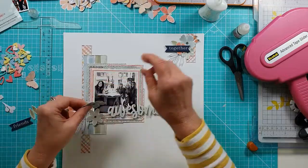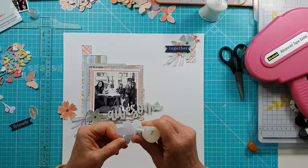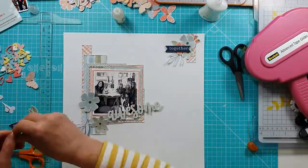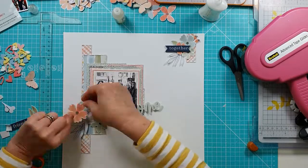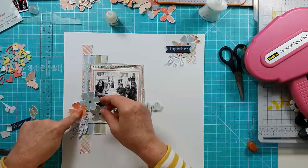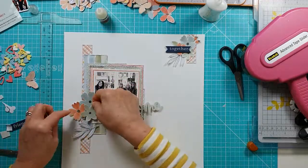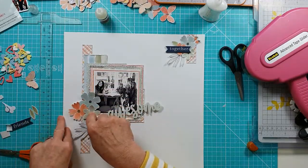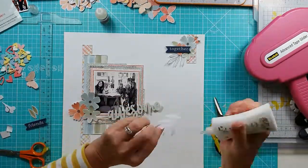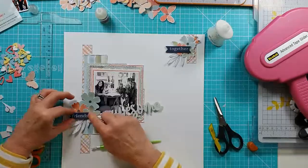Right, arranging the floral cluster, and again getting that one stuck down. And that photo, I love it. It's only a recent photo actually, and it was a night out in London. Actually got to go out and it was with my team, and it was the first time we'd all been out together since before March last year. So it was a really, really lovely evening, just spending time catching up with all of them. We've all worked together for really quite a long time, so it was just really lovely seeing them in person,